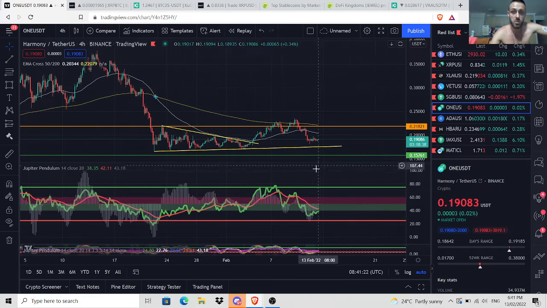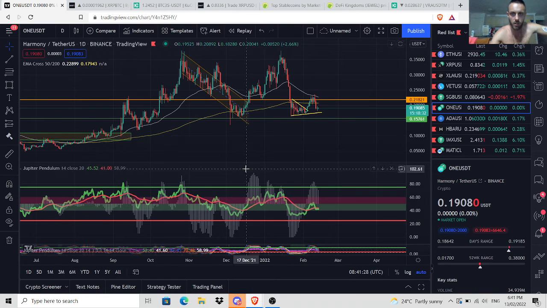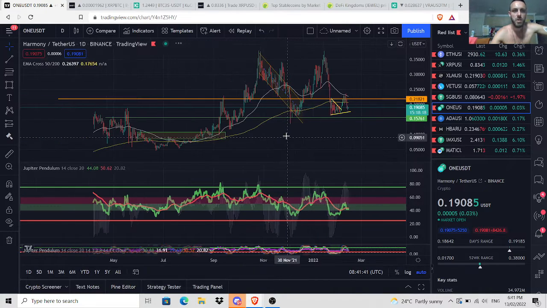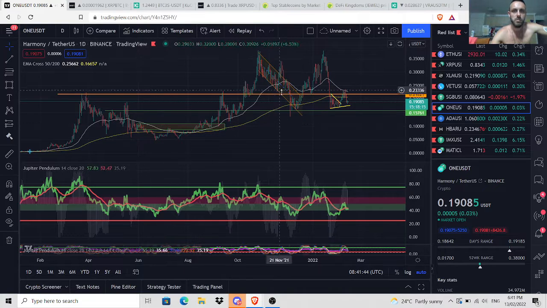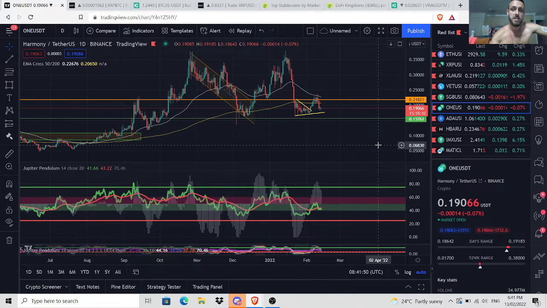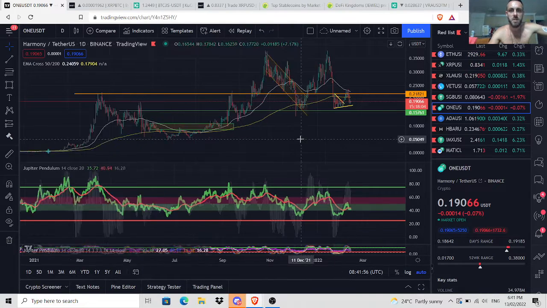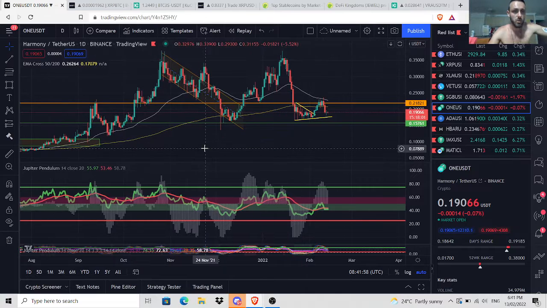Okay, so One is interesting. We're printing a bit of bullish divergence on the 4 hour. Let's have a look on the daily. Okay, yeah, with tag green, we're in the pullback zone, the buy zone. When we get here, we see what happens next. We didn't tag green last time, but we haven't tagged red either. In terms of an uptrend, cup and handle, and we just topped out and we're pulling back. We're finding a higher macro low. This is very important. This is how cycles work. Cycles are weekly, big moves, and then the daily trend looks at the difference between the cycle and the short term.